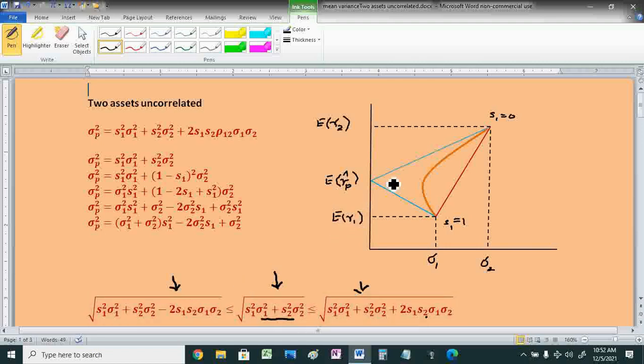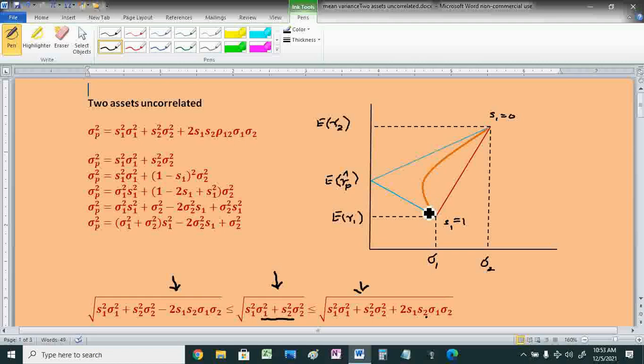In this graph, I have plotted all the three possible portfolio possibility frontiers. Recall that this blue is the portfolio possibility frontier when rho 1,2 is equal to minus 1, and this is the portfolio possibility frontier when rho 1,2 is equal to plus 1, and here I am claiming that this is going to be the shape of the portfolio possibility frontier when rho 1,2 is equal to 0,